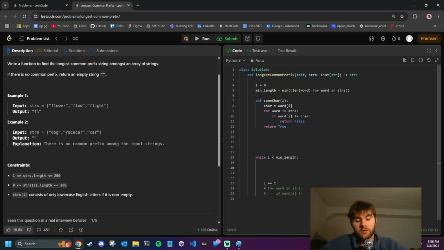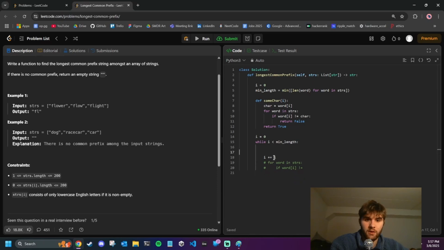No, okay. So what we want to do here is set I to 0. So we're going to just loop through them. And now we will call the function. So if same character at I, then result dot append